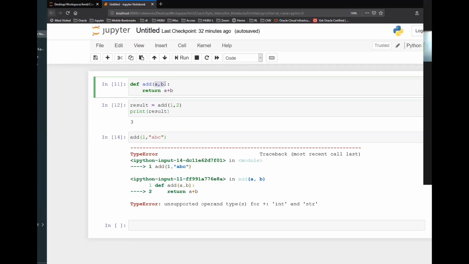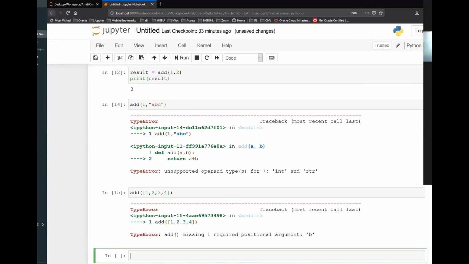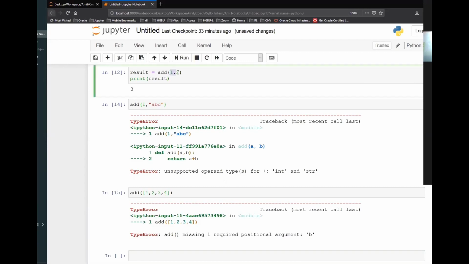If you pass a list here, are you handling a list? Are you doing any calculation or computation on a list? Your code will fail. You need to ensure that whatever data you are passing here, you handle similar data. So let's say if I say add of, and I pass here a list 1, 2, 3, 4, or randomly pass data something like this, the code is going to fail, right? Okay, sir, got it. So whatever parameter you are passing here, in the same format, same structure, and same number of values, you have to pass as a user.